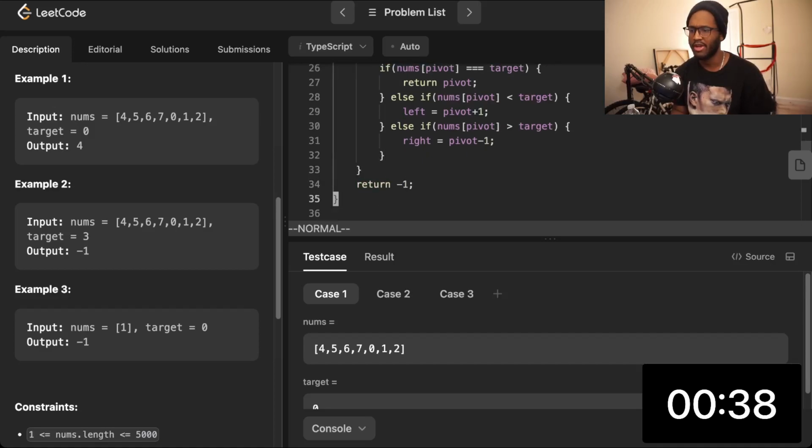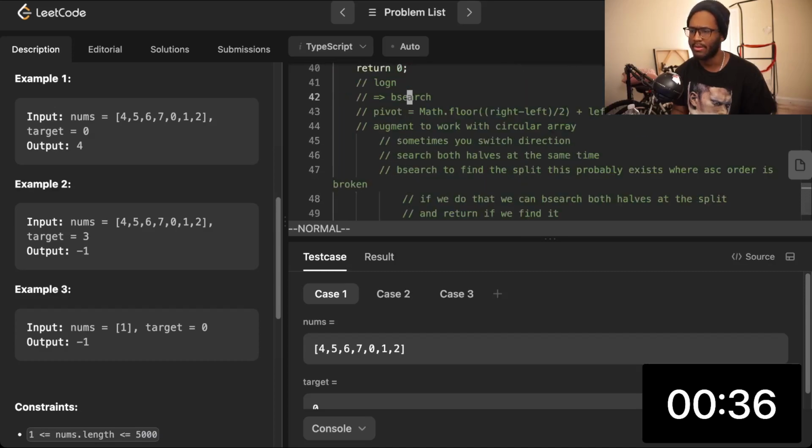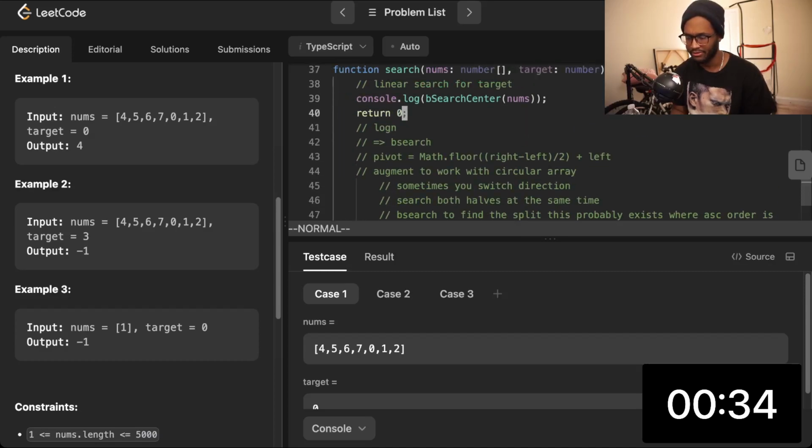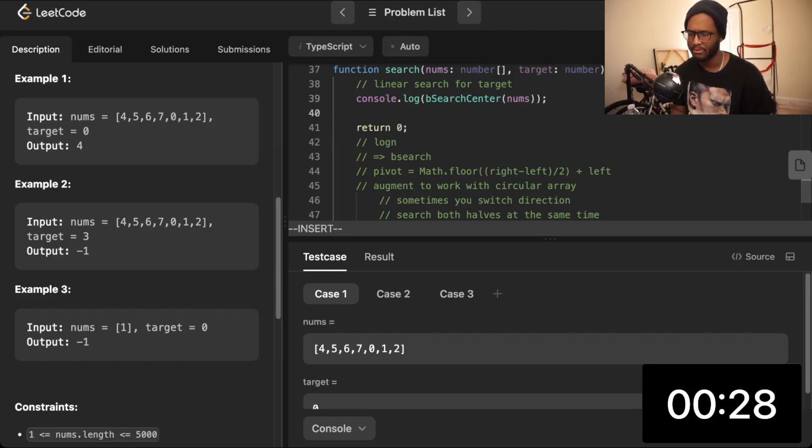And if we couldn't find it, we'll return -1. And we'll say try, first try search, right, nums, with left being 0 and right being